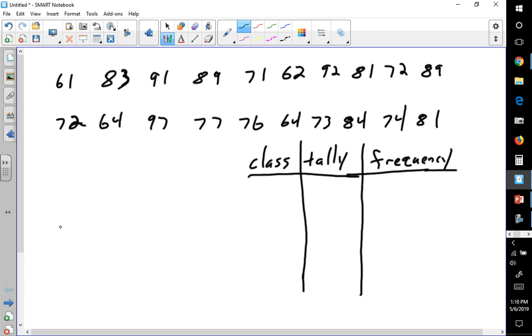Let's look at this data set. We have 20 pieces of data. And let's divide this into